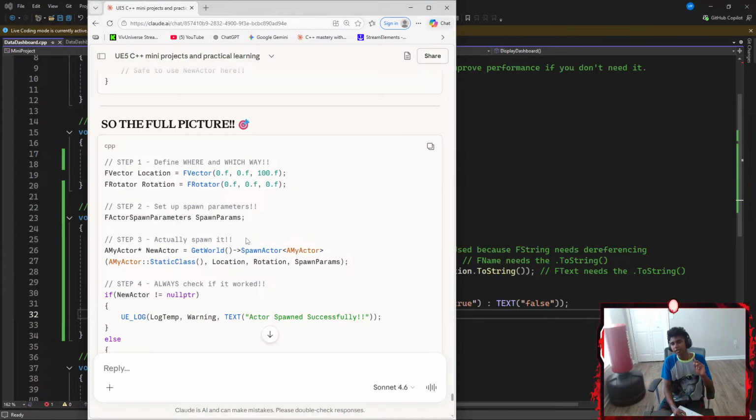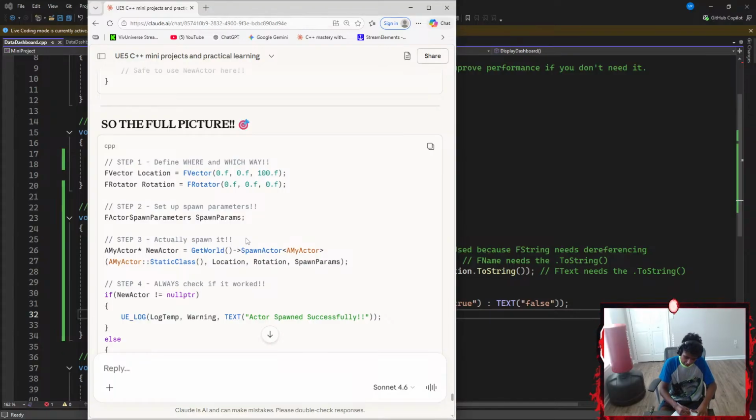I'm assuming this is my game state here, the GetWorld. Okay, GetWorld is a function that points towards SpawnActor. SpawnActor as a template, which requires my actor in it. And then I close my angle brackets.